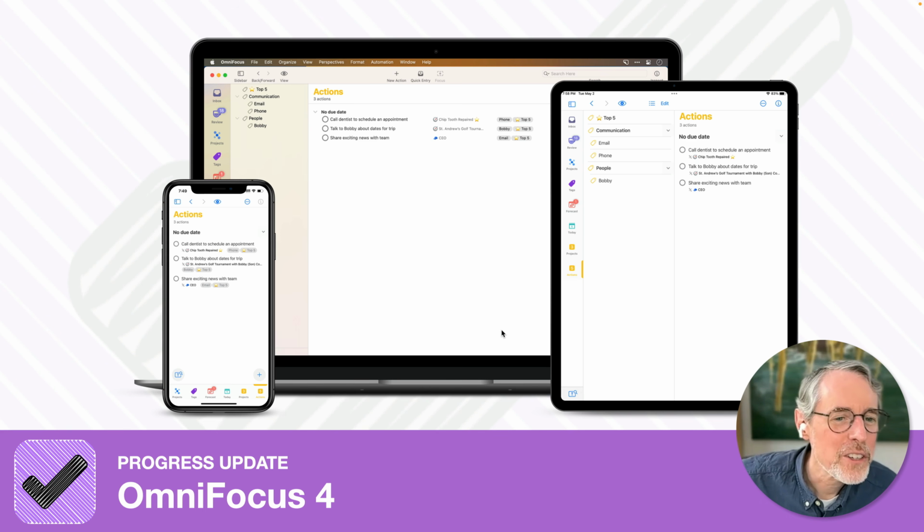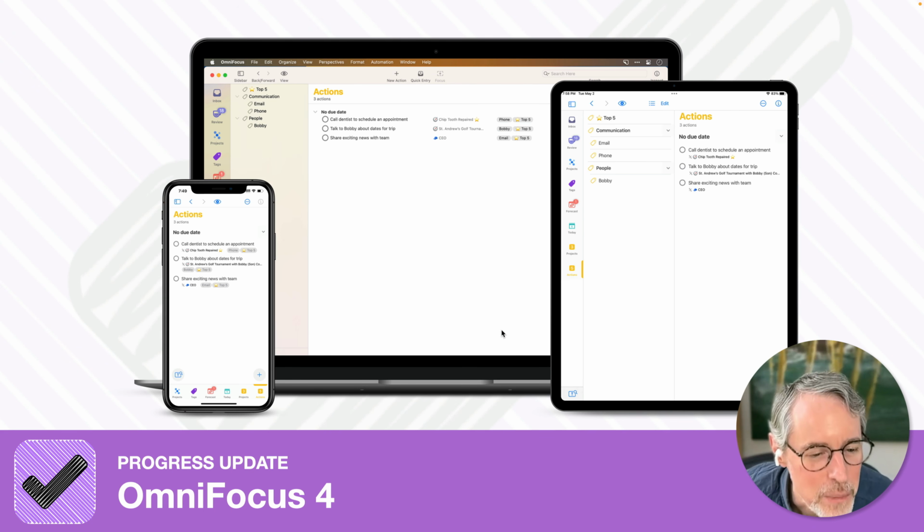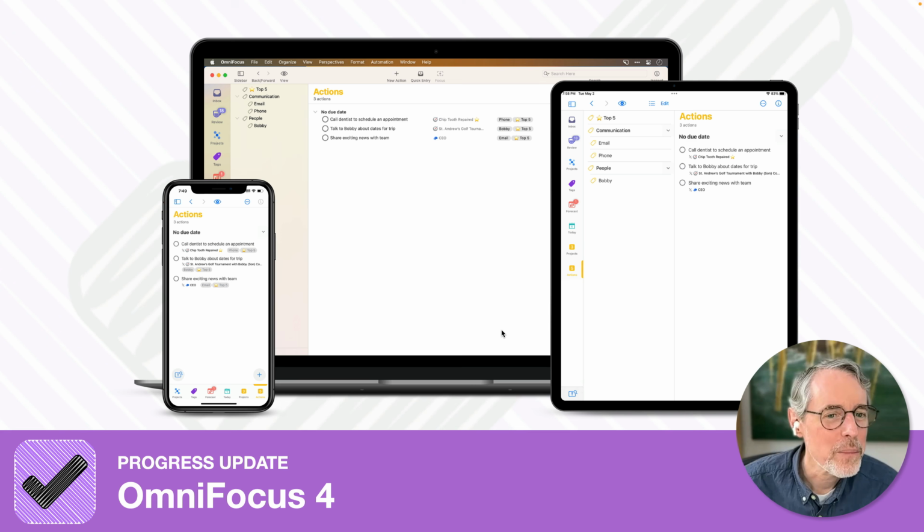I get a lot of questions, not surprisingly, about OmniFocus 4. So it's been in development for quite some time. The Omni Group have been doing a lot of work behind the scenes to really cement the future for many years of OmniFocus updates. I've been using it regularly for over 2 years now, so it's definitely come a long way. And I'm planning to have some OmniFocus 4 content ready to go soon after the release date.